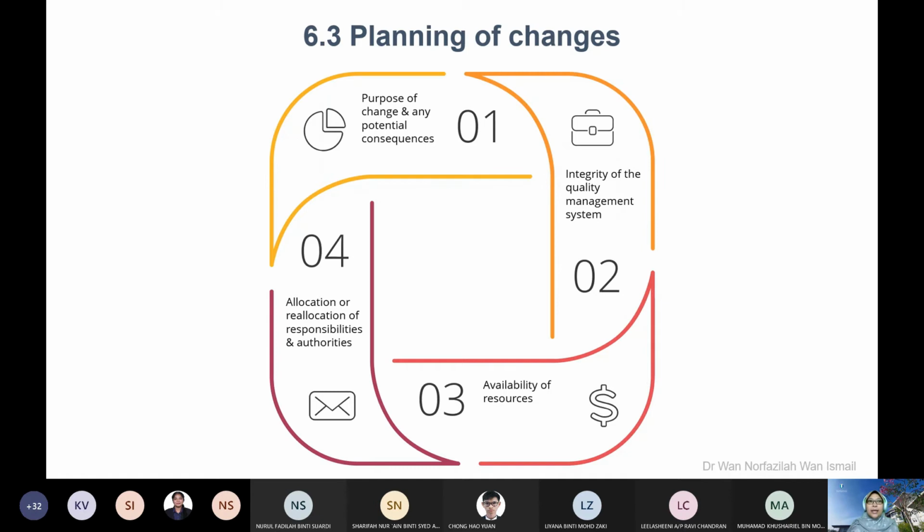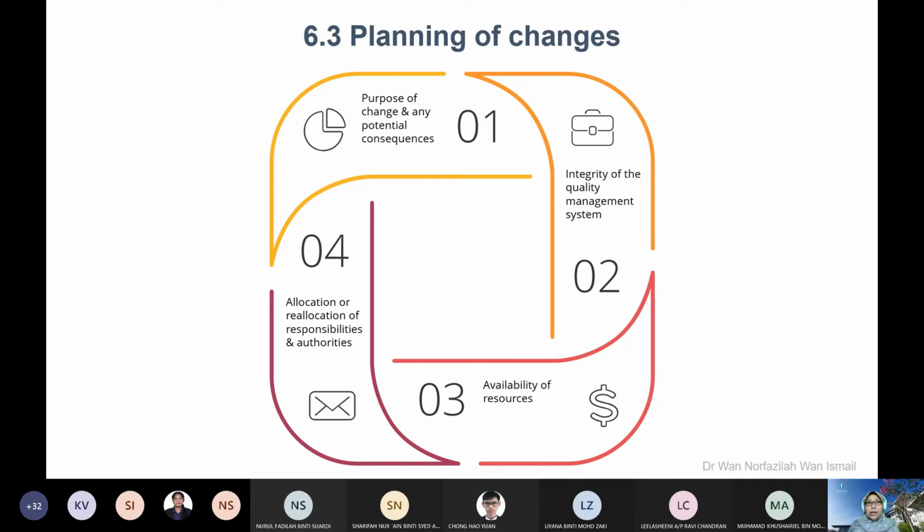Why? Because the sample increase and then you think that by buying a new GCMS, you can speed up the process. Okay, you want to buy a new one. Now you have 2 GCMS in your laboratory. Who are going to handle the 2 GCMS? Okay, is that the person in charge for the first GCMS, or you need to hire another person in charge? So that is the availability of resources. So another person in charge for the new GCMS. Or if one person in charge is enough, then you need to look at another resources.